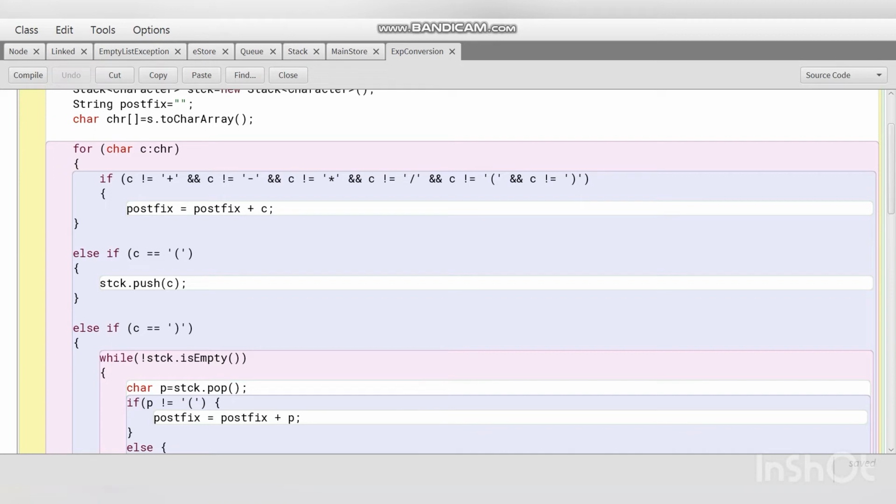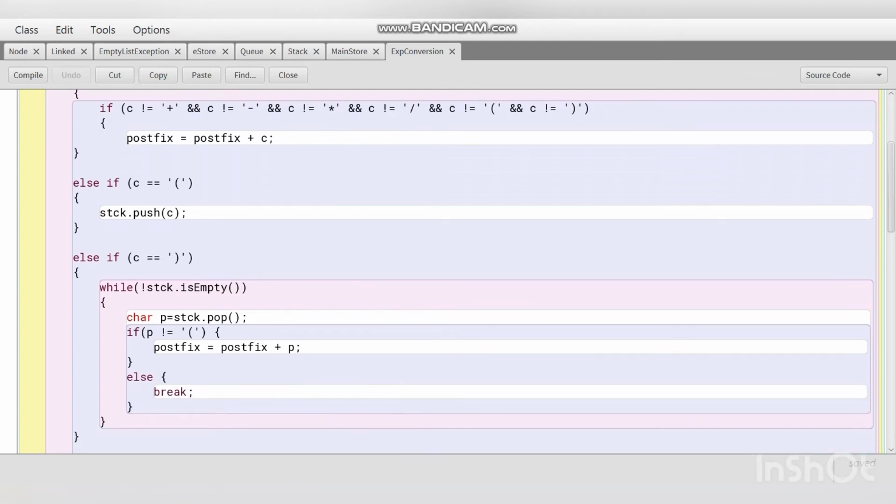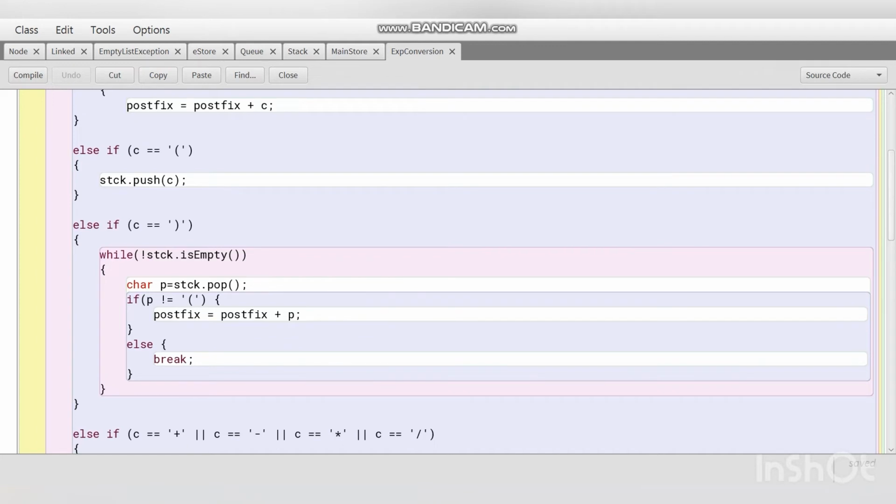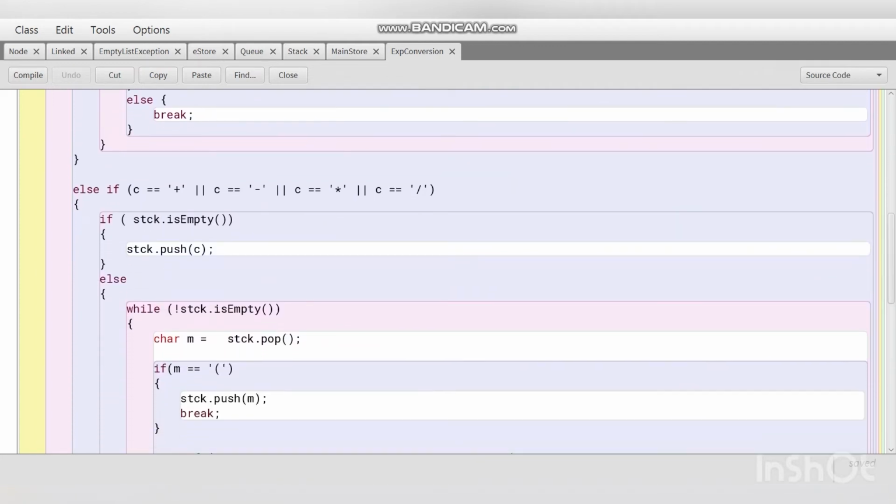Else if c equals left bracket, stack.push(c). Else if c equals right bracket, while not stack is empty, char p = stack.pop(). If p is not equal to left bracket, postfix = postfix + p. Else break. Else if c equals plus, or c equals minus, or c equals multiply, or c equals division, if stack is empty, stack.push(c). Else